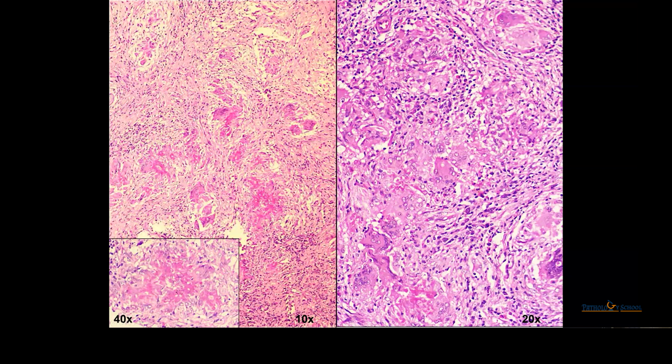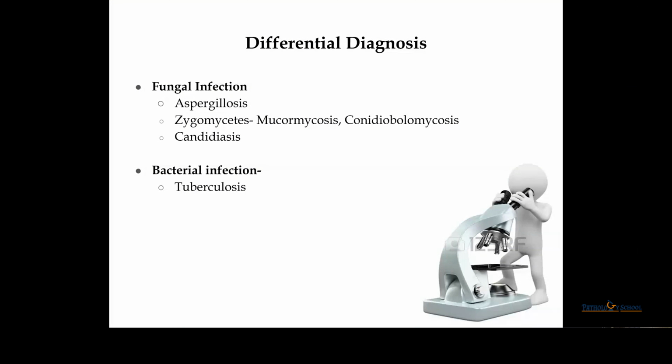There is a predominance of eosinophils, then granulomas, foreign body type giant cells, and eosinophilic aggregates, which are the Splendore-Hoeppli phenomenon. It is an acellular eosinophilic material. However, on H&E we could not find any type of organism. Considering the COVID history, the history of steroid intake, and this histopathological feature, we consider the